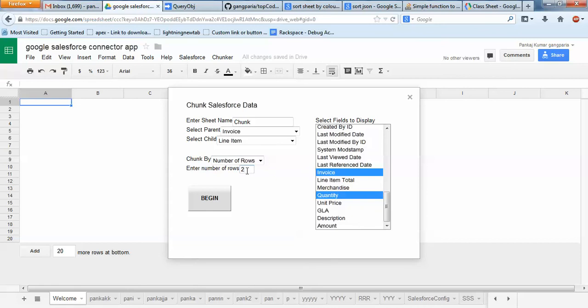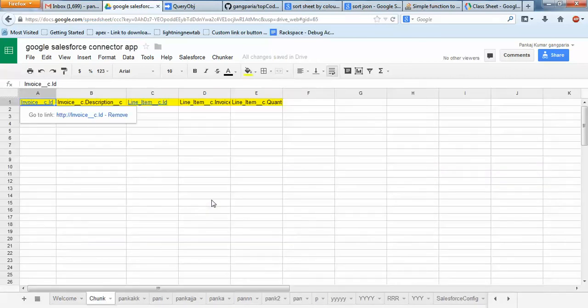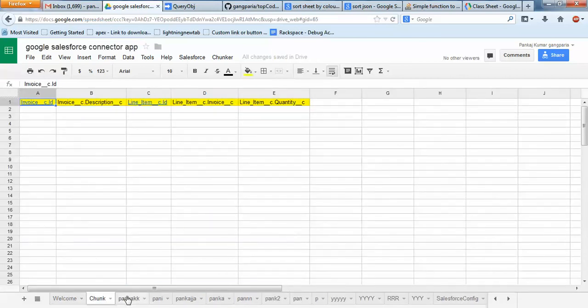If we have 100 records and I want to chunk by 10, then they will go in 10 batches. If I want to send 4 in a row, I can give one value. So the number of rows divided by the value you want. Now if I have 4 records and I have given the value two, then two records will be processed in a single batch. Okay, let me show you.